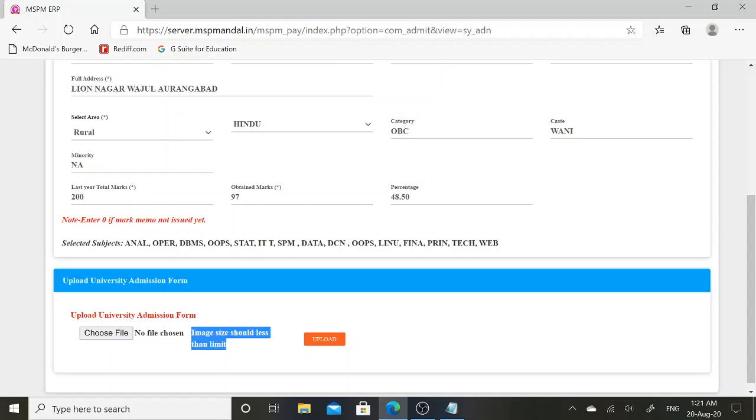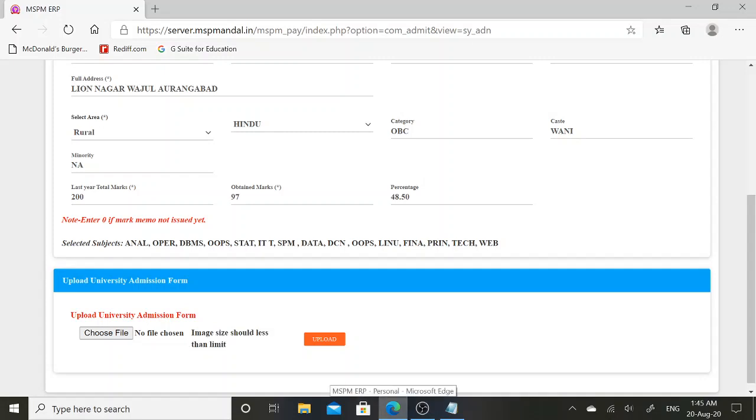Here I have received the error, image size should be less than limit. Remember students, if you want to upload the university image file, its size should be less than 200 KB or up to 200 KB. If its size is greater than 200 KB, you will receive the same error message regarding image size less than limit.